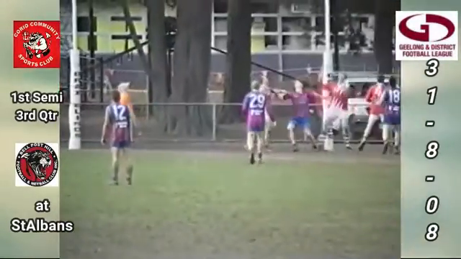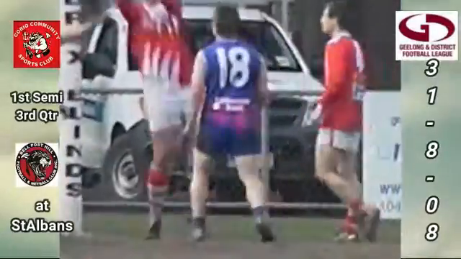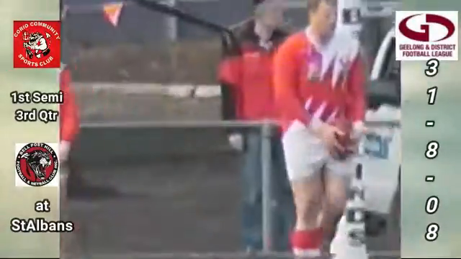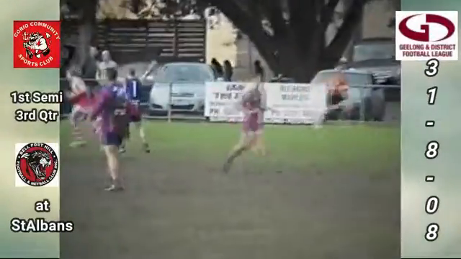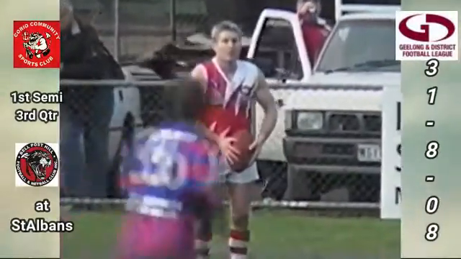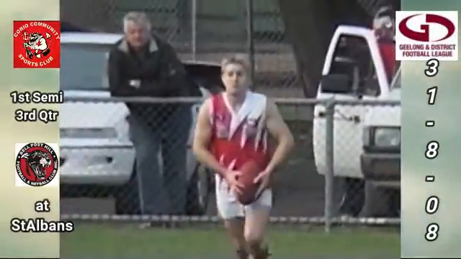It's going towards goal. It's in the goal square. I think it's hit the post. So Daniel Farah has hit the post from about 45 metres out and moves Belpost Hill now to 6-16. They lead Corio 4-4. The quick kick in has come out and they've been marked by Manning. Manning for Corio, half-back flank on the boundary road side.